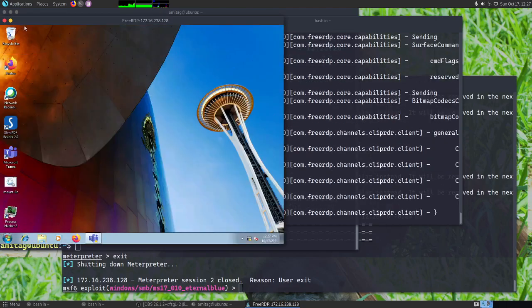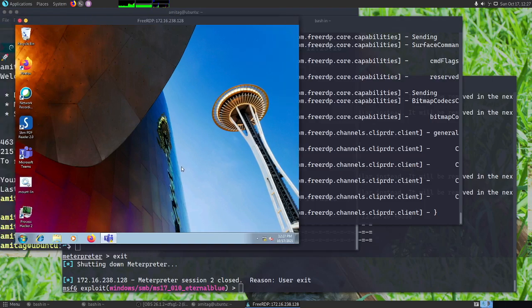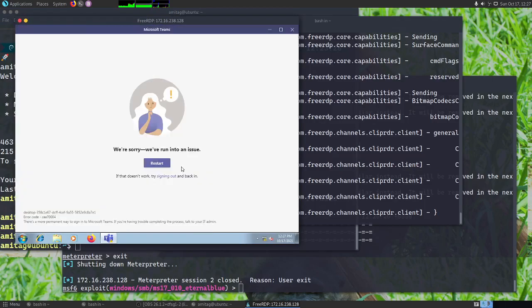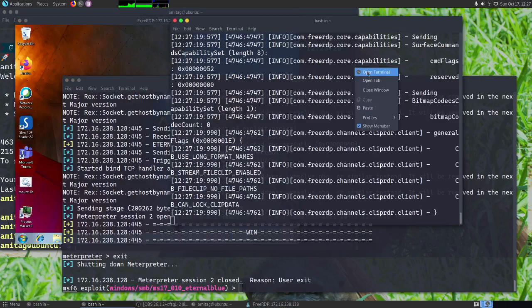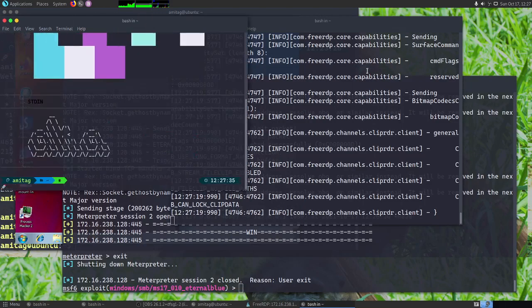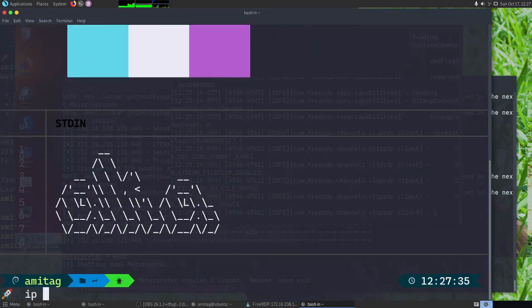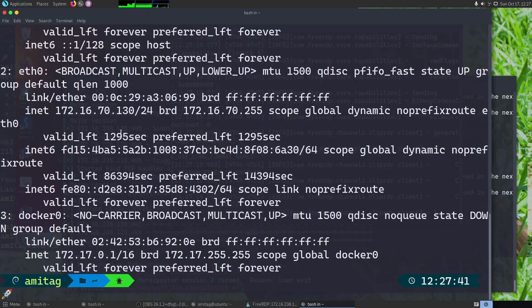As you can see, I am on a Parrot machine, and this Parrot machine has a network. I have one network here, and 172.16.70.130 is the IP here.